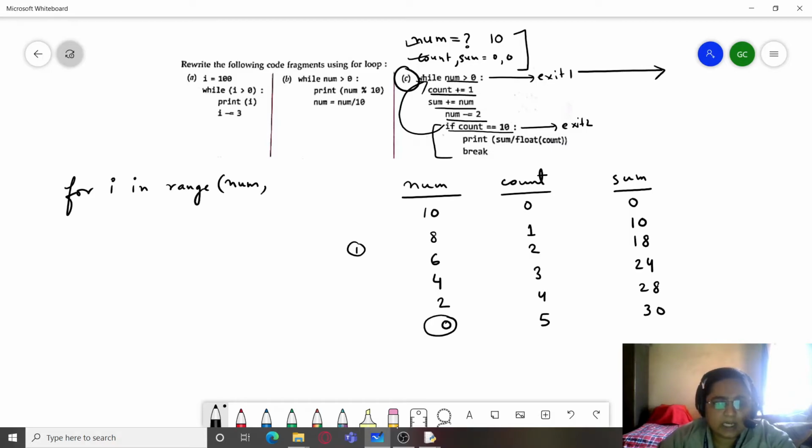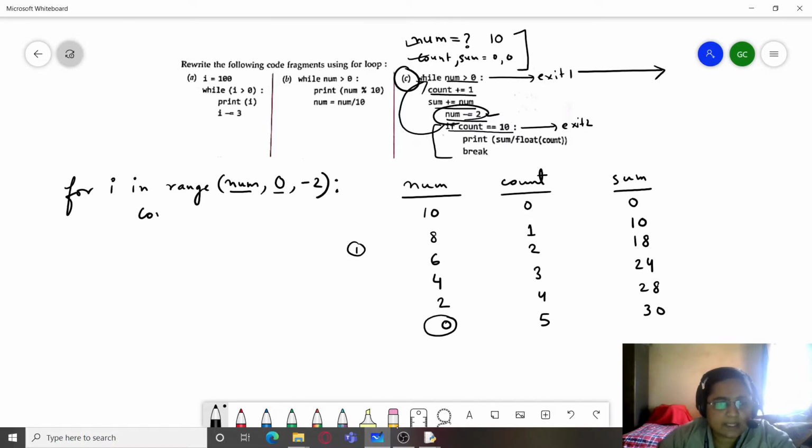As you can see, while num is greater than 0, where 0 is exclusive, we'll take it as the stop value. Start value of i is num, stop value is 0, and skip is already provided here, that is minus equal to 2, so we will simply write minus 2.